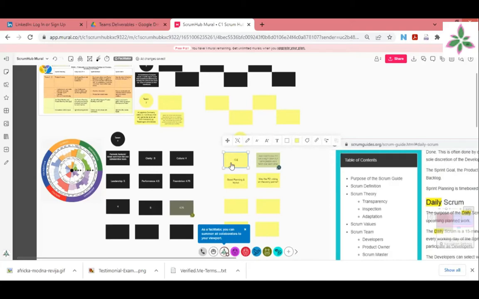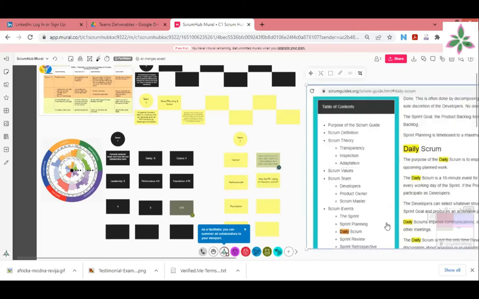Scrum Master, I just noticed there was a little bit of spoon feeding here. When I say spoon feeding, you were doing majority of the work for your team. Now, you know the goal of a Scrum Master is to get the team to the level where they're self-organizing, self-managing. So when you see that they're updating the updates during the daily Scrum, because it's not daily stand-up, you guys are not reading your Scrum Guide 2020. You see, your coach here has it on the side, daily Scrum, right there on the mural board. So your daily Scrum,